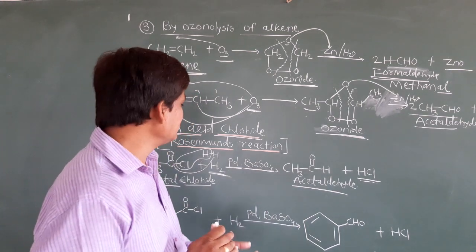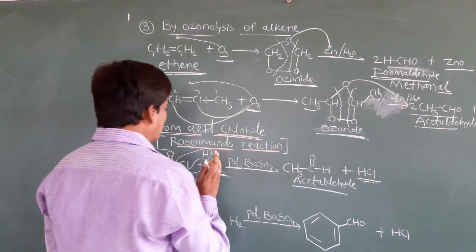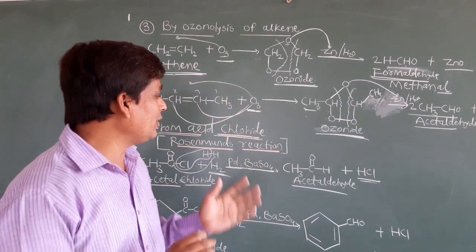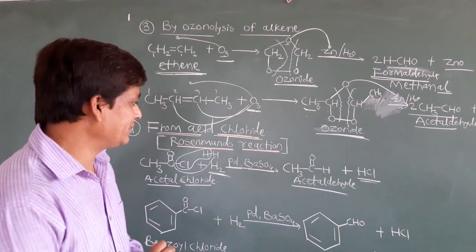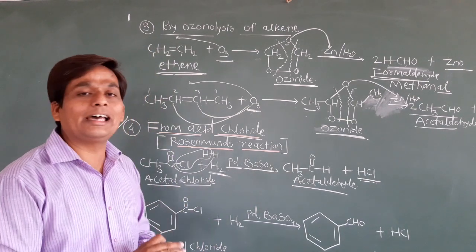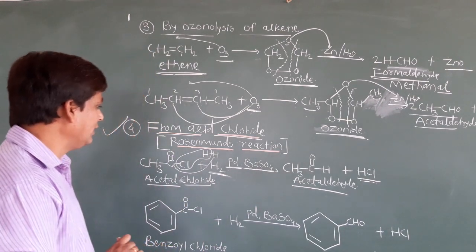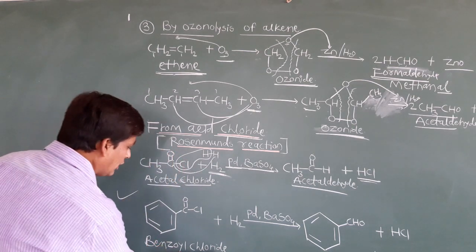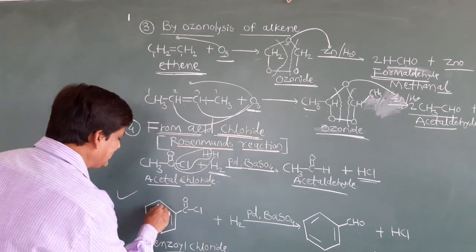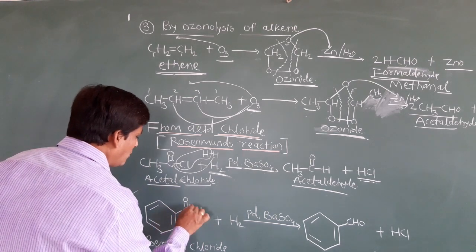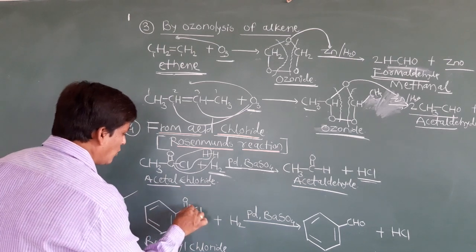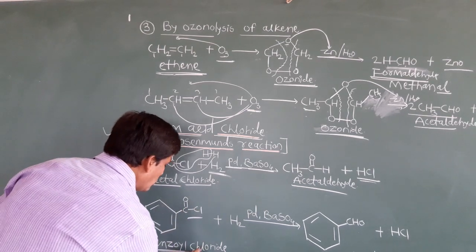In the exam they will ask. Sometimes they give the reaction only, they do not give the product, and they ask you to identify the product in the above reaction. In a series of reactions, they mostly ask such questions in the NEET exam. Okay, so we'll see another example of an aromatic compound. See benzoyl chloride. This is the example of benzoyl chloride. Benzene ring containing a C=O Cl group. Benzene ring C=O Cl. We can say it is benzoyl chloride.